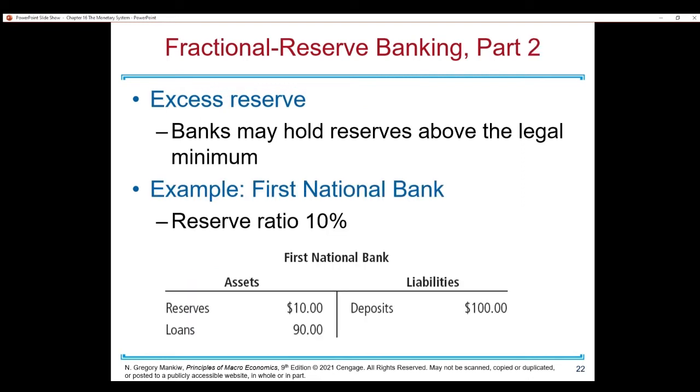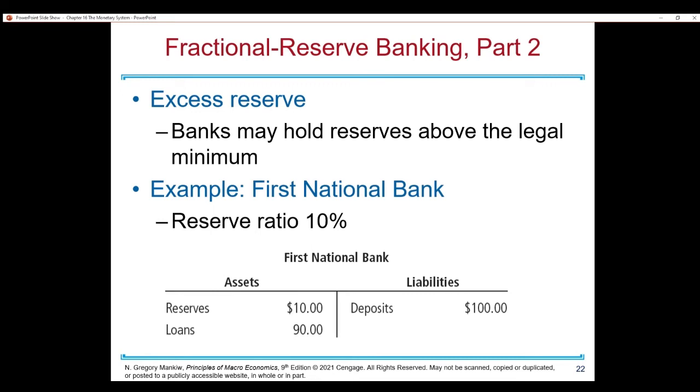So let's look at the T accounts again. So here we deposit 100, right? And then it loaned out $90. It kept its 10% reserve ratio. So they kept $10 in the bank, loaned out $90 to some guy outside, and its liabilities, what it owes to the person who deposited the money, is $100.